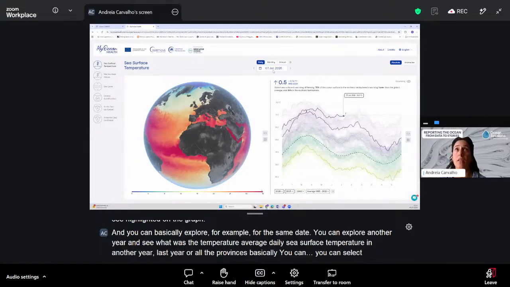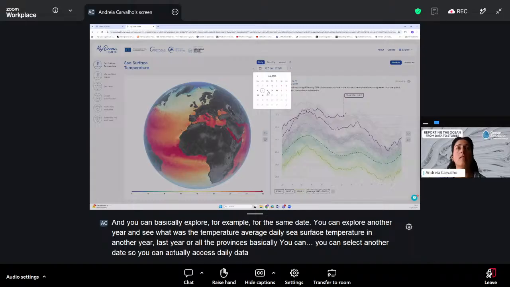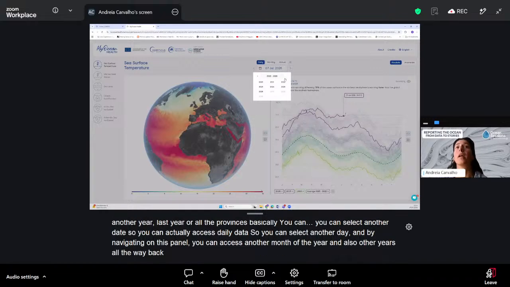You can select another date, so you can actually access daily data. So you can select another day, and by navigating on this panel, you can access another month of the year and also other years all the way back to 1993. And go back to today's